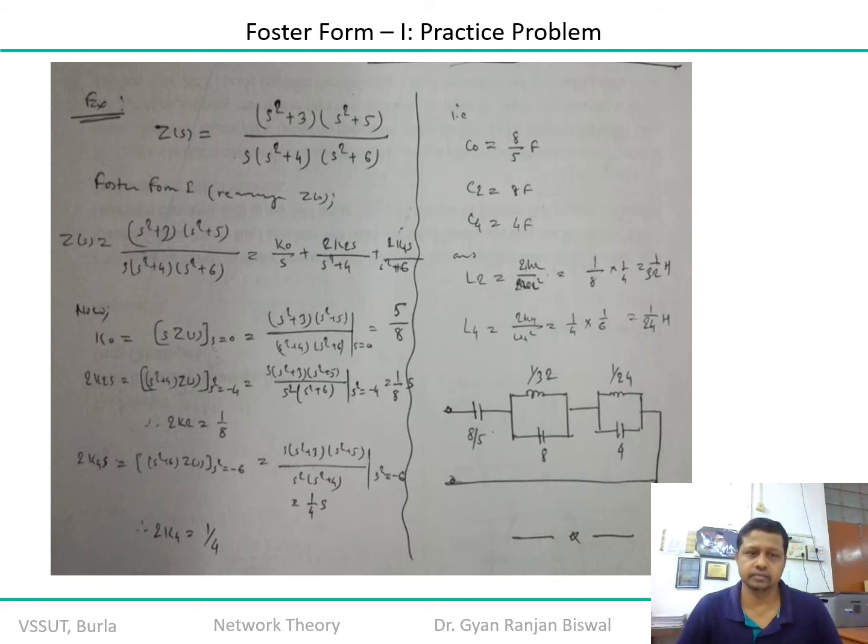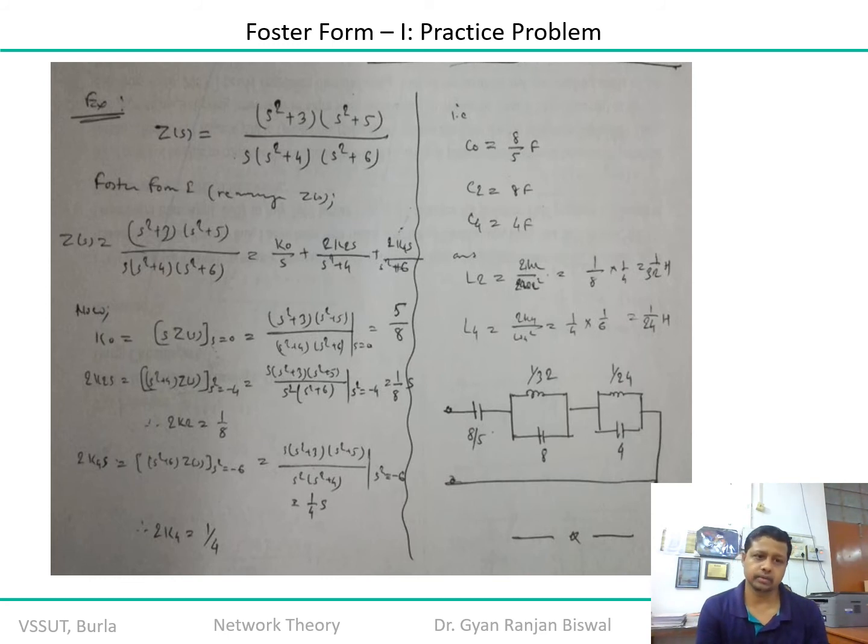So if you are going to realize this transfer function, it becomes of the order of k naught by s plus twice k2 s upon s square plus 4, and then you remember there are three different combinations in the denominator. So you are getting three different pairs. One is k naught by s, plus second is twice k2 s upon s square plus omega 2 square, and third is twice k4 s upon s square plus omega 4 square. Okay. So it is replaced by k naught by s. Second one is twice k2 s upon s square plus 4. Third is twice k4 s upon s square plus 6. Now from here you can apply the partial fraction rule and simply find out the values of k naught, k2 and k4.